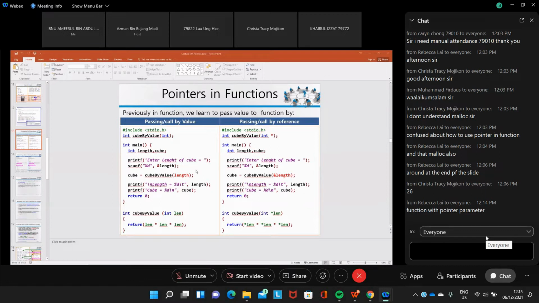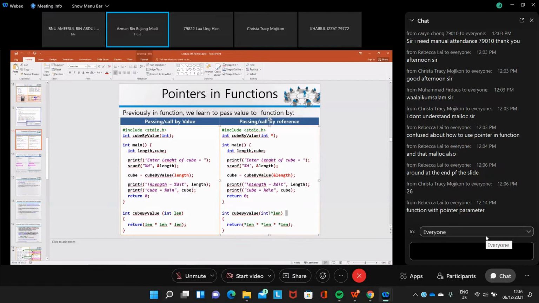Okay, this is one. Okay, this is an example of pass by reference. Okay, we have a function with a pointer parameter here.